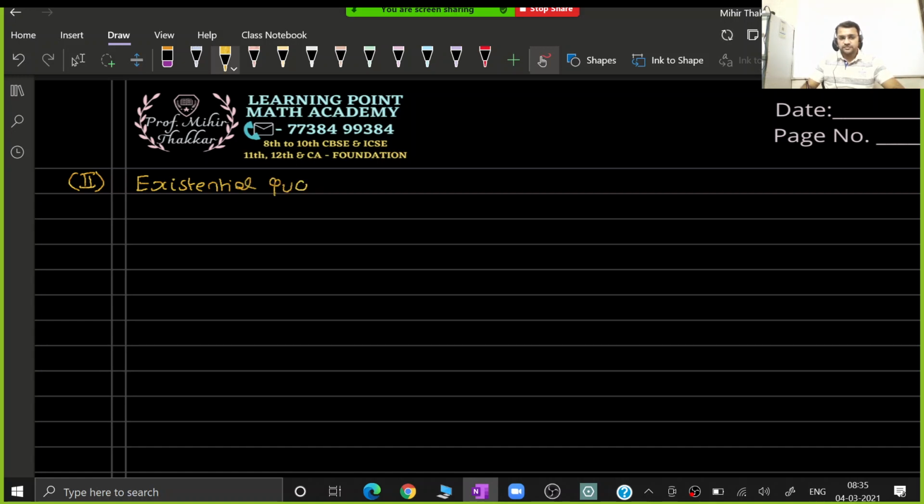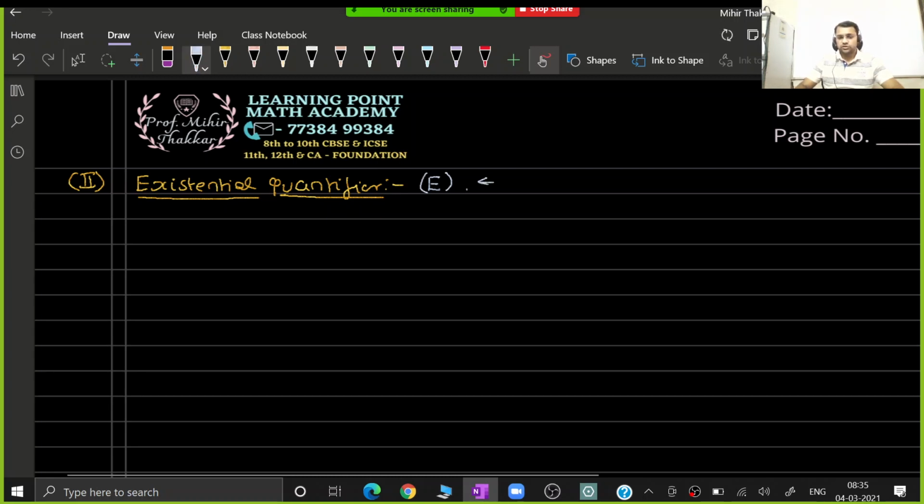Existential quantifier. I have already given you the notation. It is like this. And it is also called as, you can just write a second name for this. It is also called as